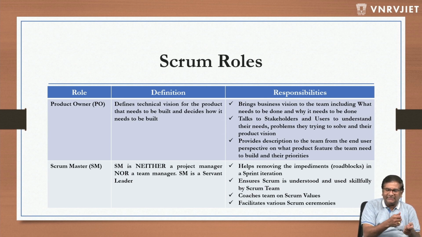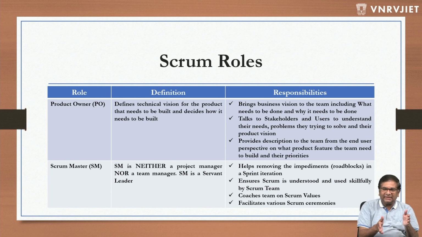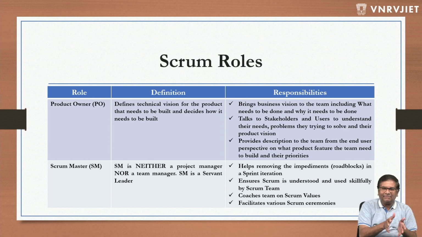If there is any conflict between the team members, he gets into the picture, tries to understand, and resolves it with the help of technical leaders or people leaders. He helps remove impediments and roadblocks in the sprint iteration. For example, a developer needs a license for a software. He raises this in the Scrum meeting. Then the Scrum Master will take it as an action item, work with the corresponding folks, and connect this developer to them so that he gets what he requires. So the Scrum Master will help the team members.